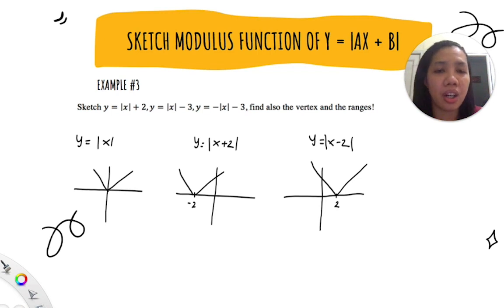Let's see on this example, absolute of x minus 2, where we subtract 2 from this x. Pay attention on its change. The change is that the first graph here then shifts to the right as many as the number we have here. So we have here 2, then the first graph here then shifts to the right as many as 2 units. Why is it like that?